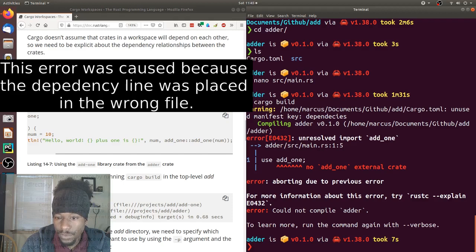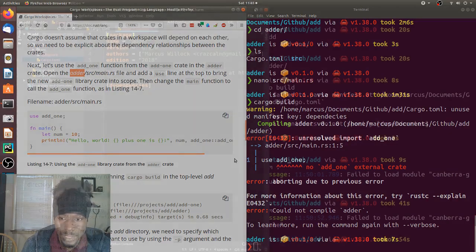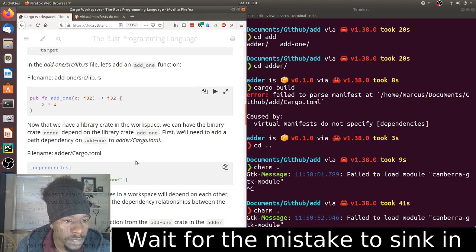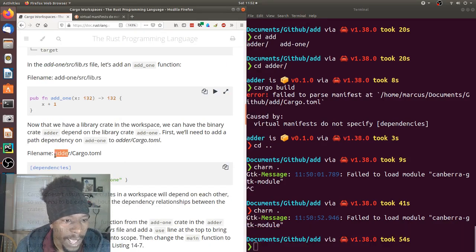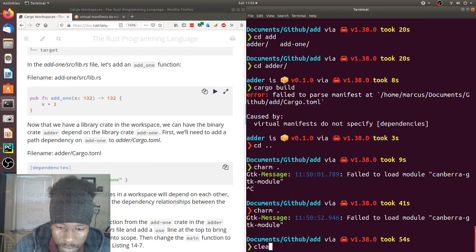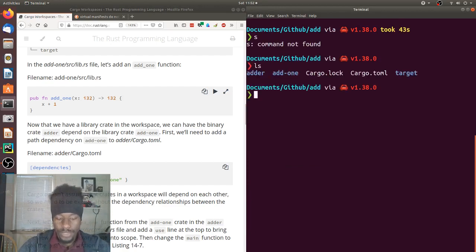Use add one. No, add one external crate. Oh, that's not what I was expecting. Use add one. Use add one. Did I put the dependency in the wrong location? Adder that cargo. Oh. Alright, that was a big hubbub about nothing, because I'm pretty sure I put the dependency in the